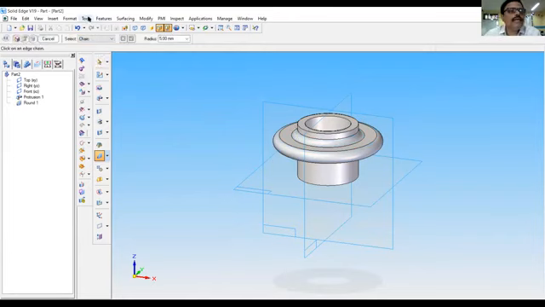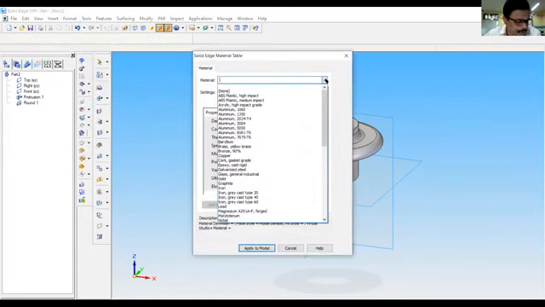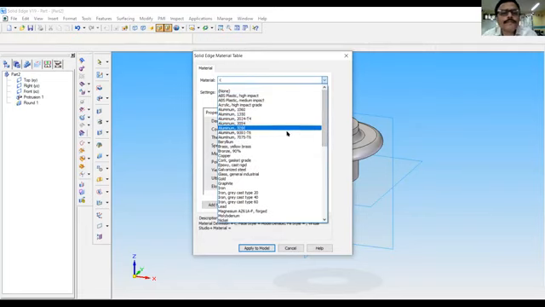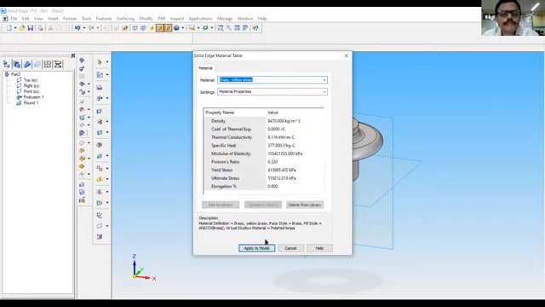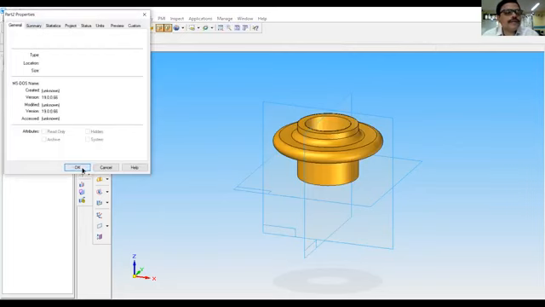And go to materials from the materials table. Here it is made up of copper. It is made up of brass. Brass is here. Apply to the model. So this part is to be saved.